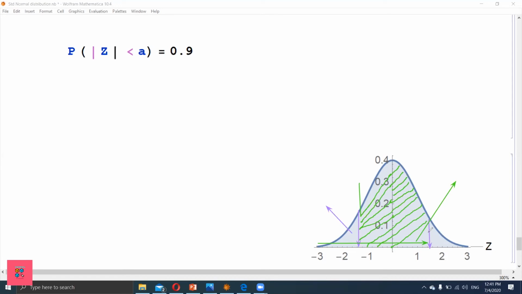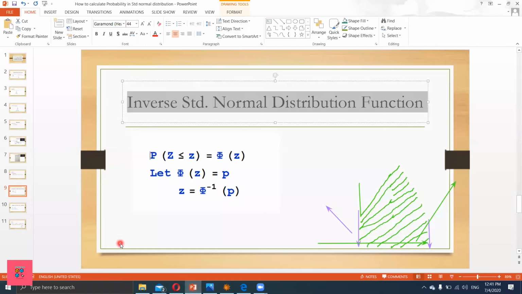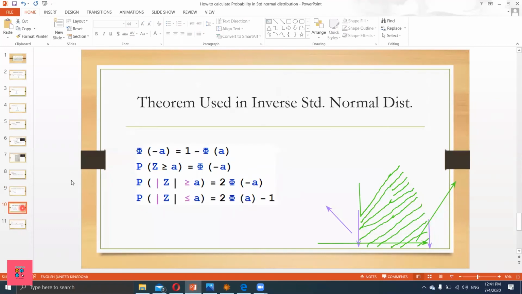In our last lecture, we studied the theorem in which we mentioned the probability of modulus Z less than A is 2 phi of A minus 1. So making use of this fourth part of the theorem,